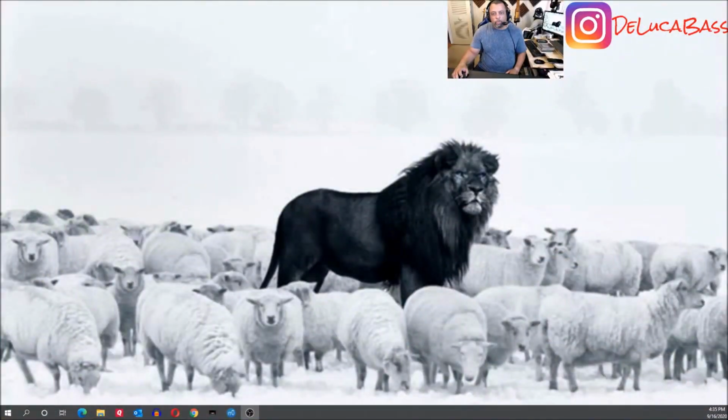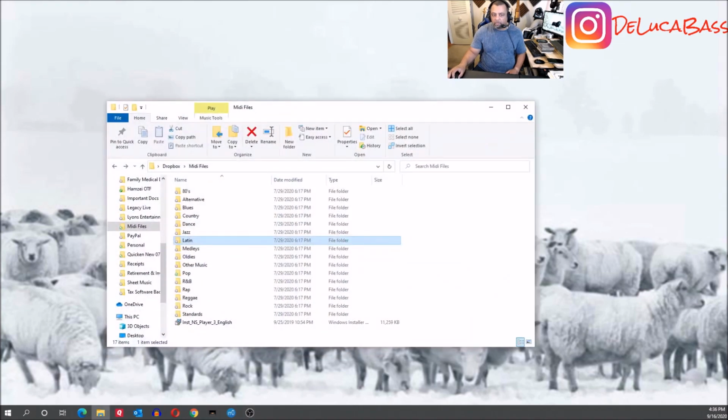So here's some of the things. Let me switch cameras. Let me switch angles. Yes, let me switch. So let me show you what I use today. There was an evolution of what I used to do: I used to use MIDI files. These are little files that somebody made on their keyboard, and it's pop songs or whatever kind of